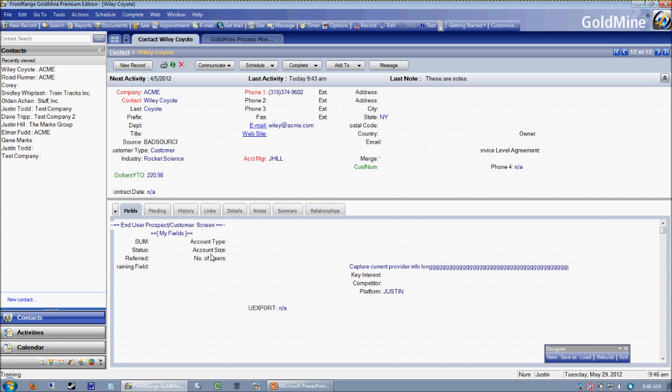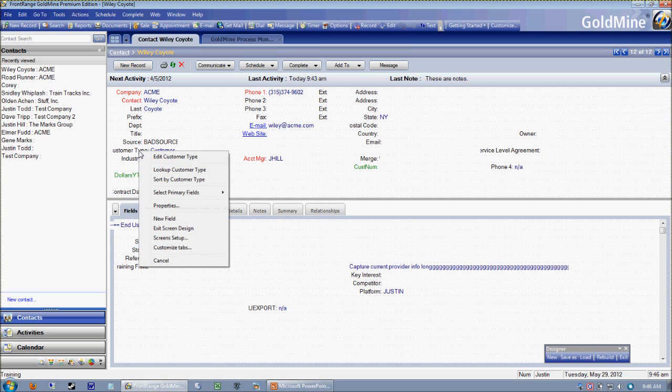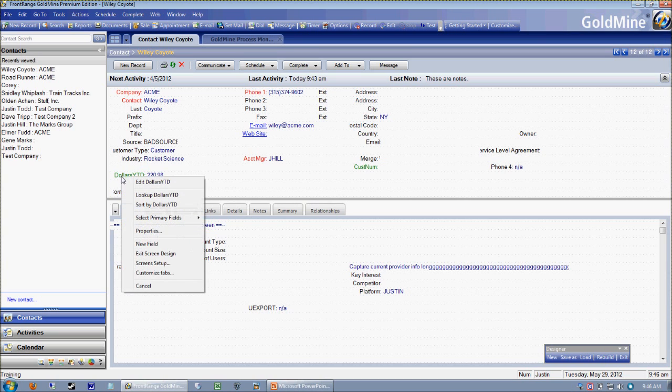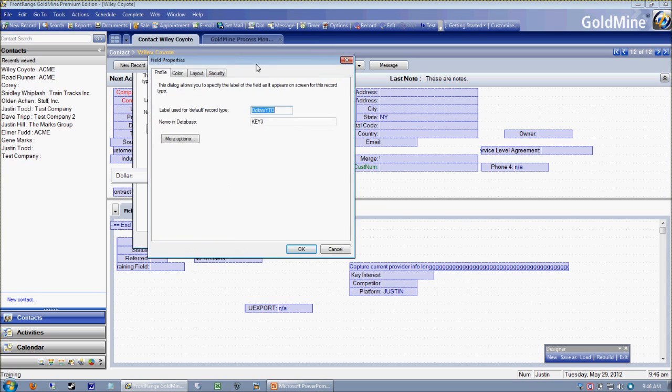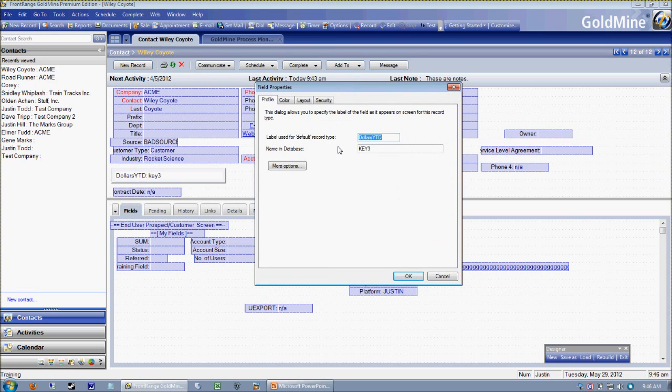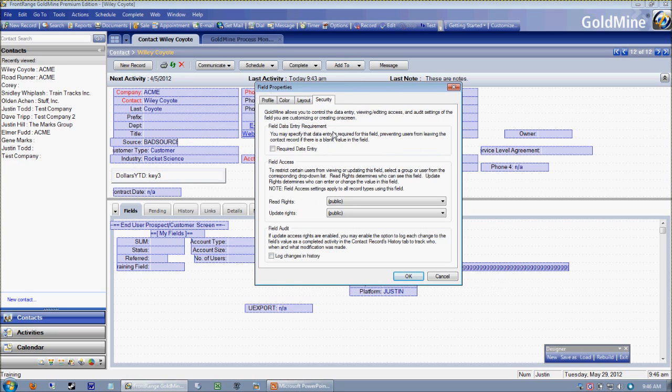Now that we're in screen design, we can right click on objects and select properties. And in this case, we're looking at the dollars Y to D field. And we're going to the security tab. Now what we're able to do here on a per field basis is change